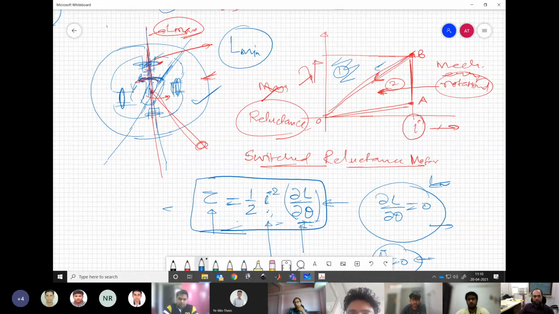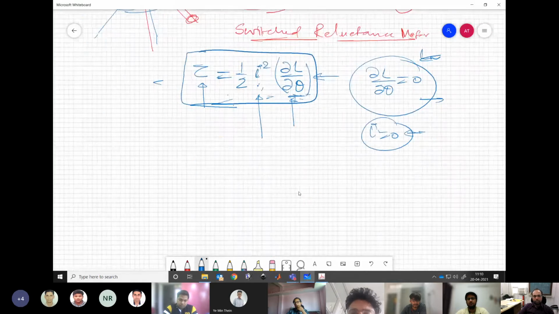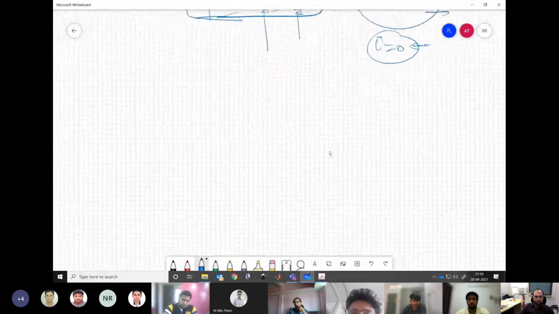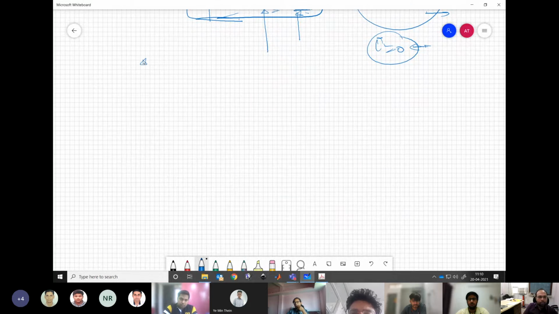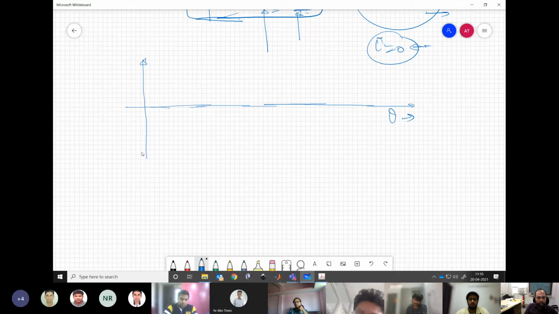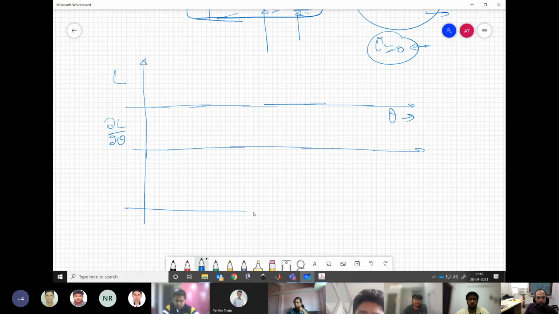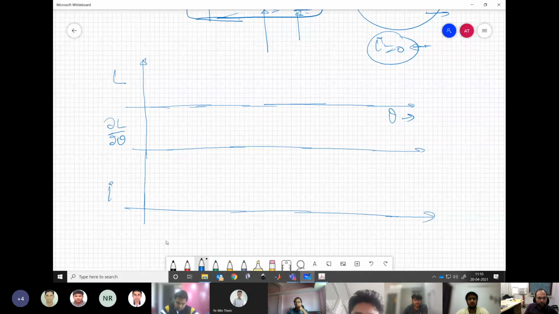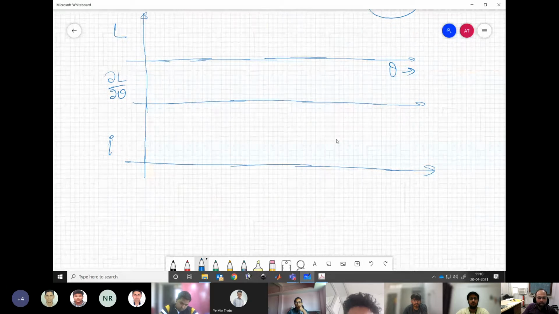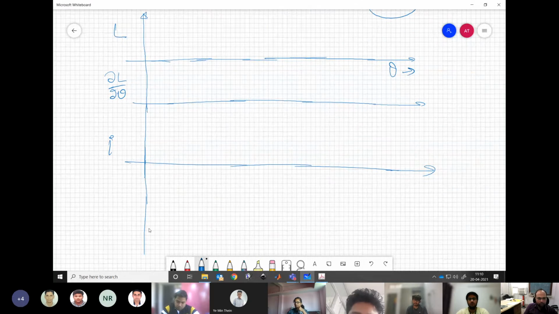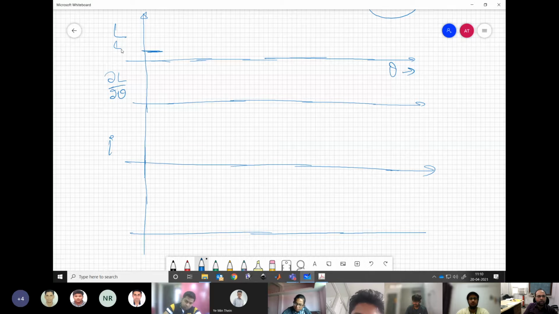So let us try to understand that from the inductance point of view, what is happening. Let's say with theta, our inductance is changing, and we will also plot our dou L by dou theta. And then to generate torque, what current we need to give, and then what will be the resultant torque. Let us try to understand these things. Now what is happening? Our L is at some minimum value. This is our L min.